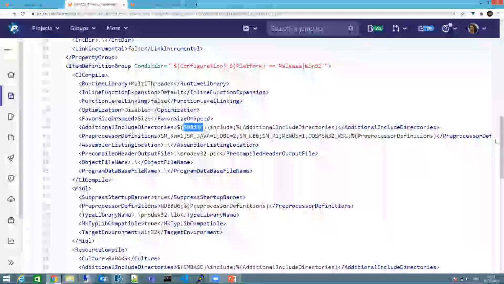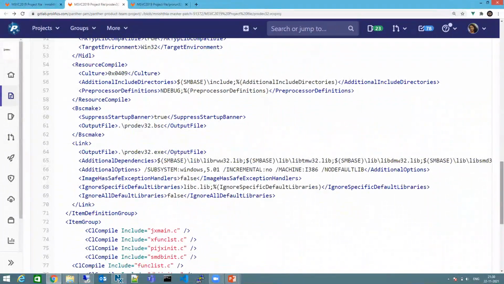Here at the bottom, we are pointing all the libraries that are going to be linked with this ProDev executable. If you have your own library or any object module that is provided with the patch, you can add them here in front of these libraries in this additional dependencies section.